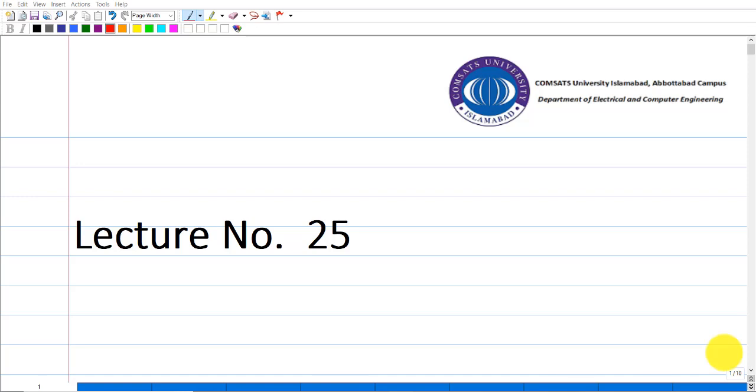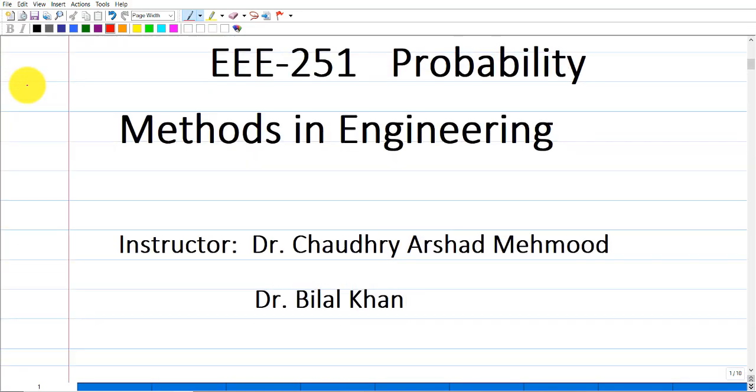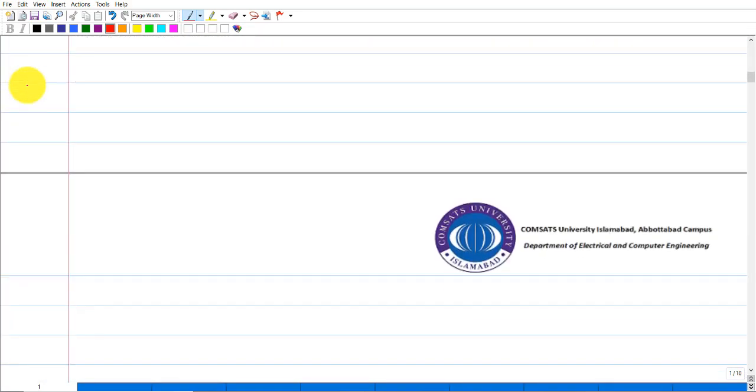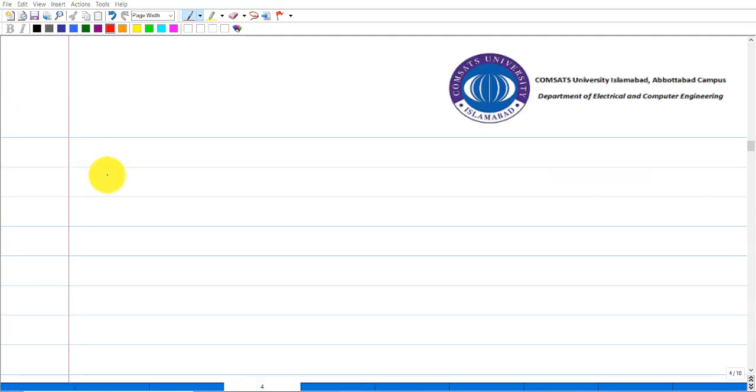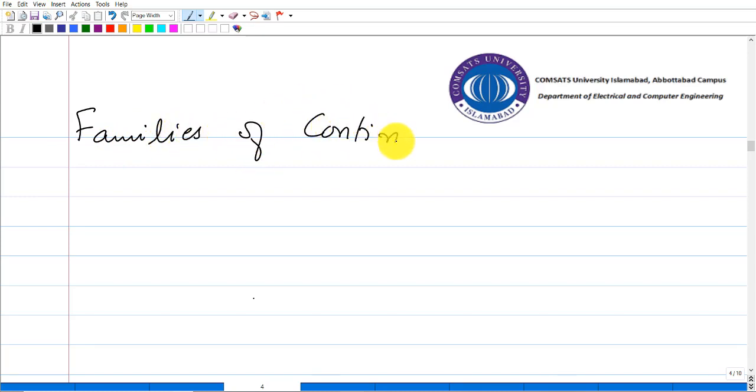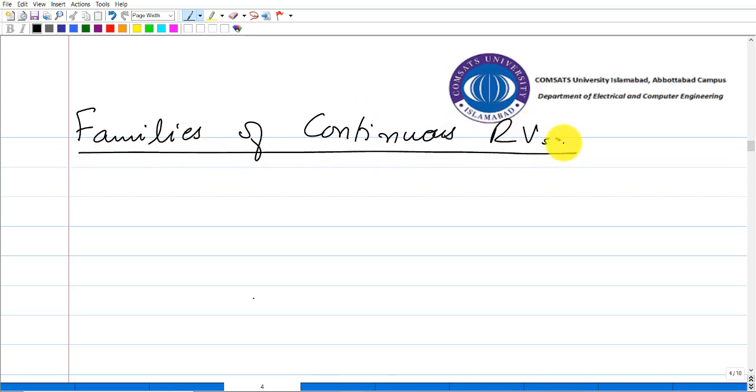Today is our lecture 25, and in the previous lectures we have been discussing the continuous random variable, and we will continue today with the topic of families of continuous random variables. As we have seen in the previous chapter with the discrete random variables, and we defined